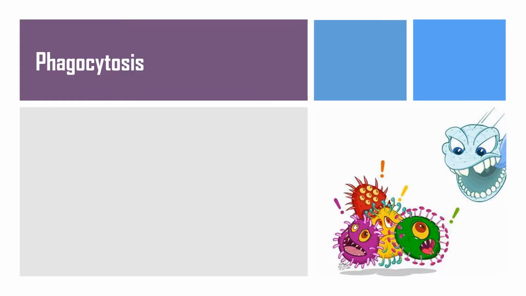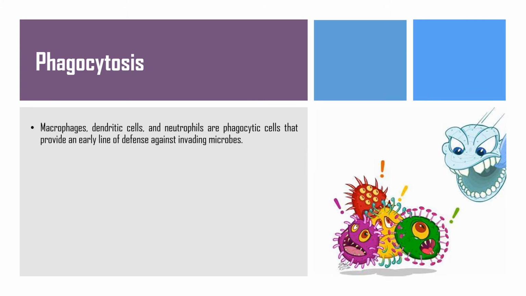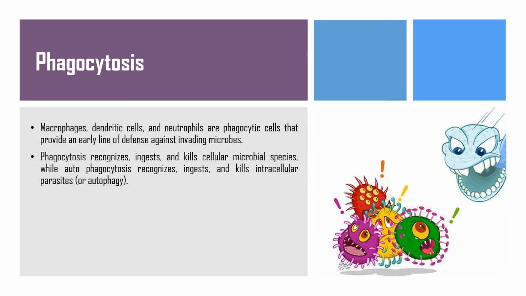Phagocytosis. During their lifetimes, humans and other vertebrates encounter many microbial species, but only a few of these can grow and cause disease in otherwise healthy hosts. Phagocytic cells, macrophages, dendritic cells, and neutrophils are an important early defense against invading microorganisms. These cells recognize, ingest, and kill cellular microbial species by the process called phagocytosis, and intracellular parasites by the process